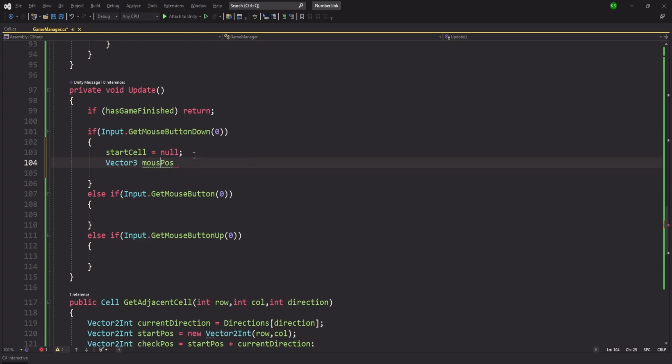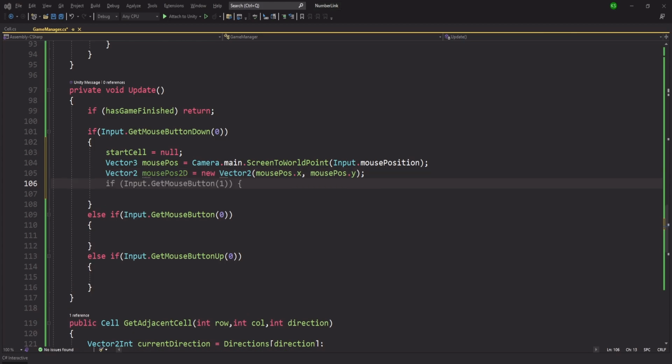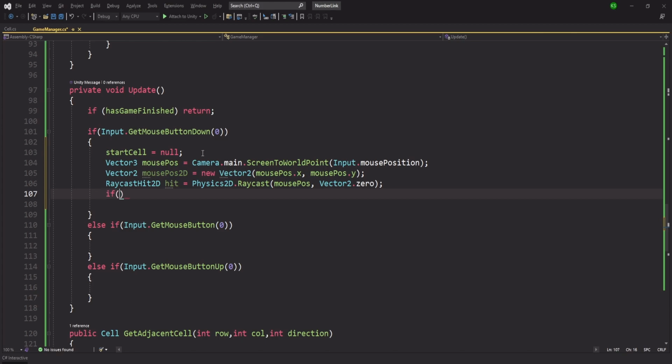Let's get our mouse position, and it is going to be from our camera dot main dot screen to world point, and we are going to pass our input dot mouse position v2, will convert it to vector2, and it is going to be for our mouse pose dot x and y, and after converting to a vector2, we'll create a raycast at 2D, and we'll call it hit, and it is going to be from the physics 2D dot raycast. We'll pass our mouse position in the 0 direction,